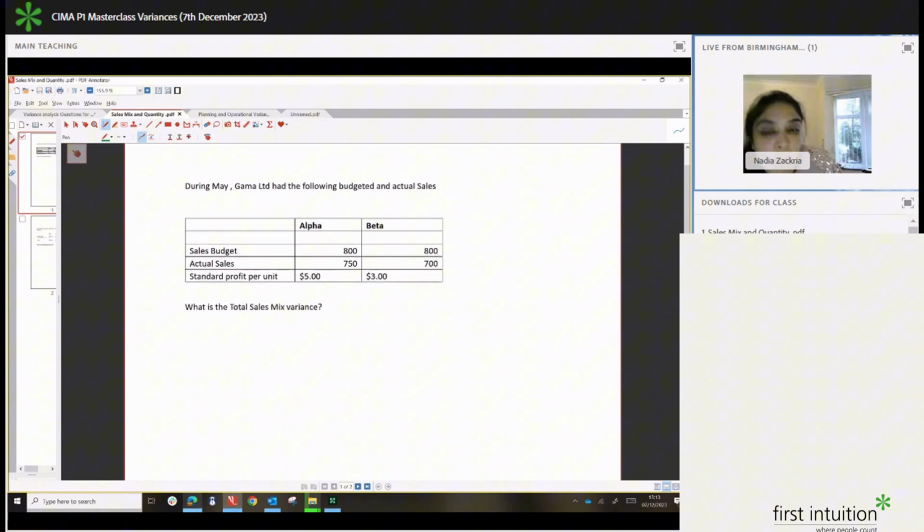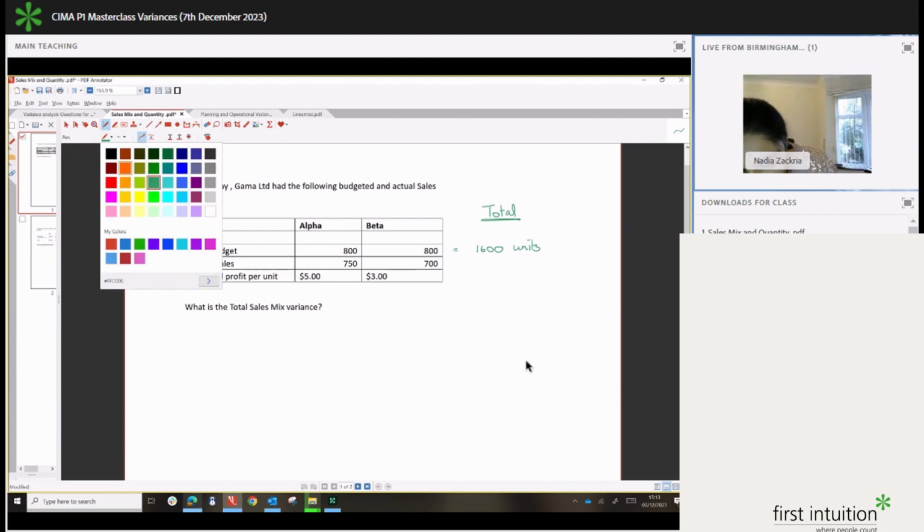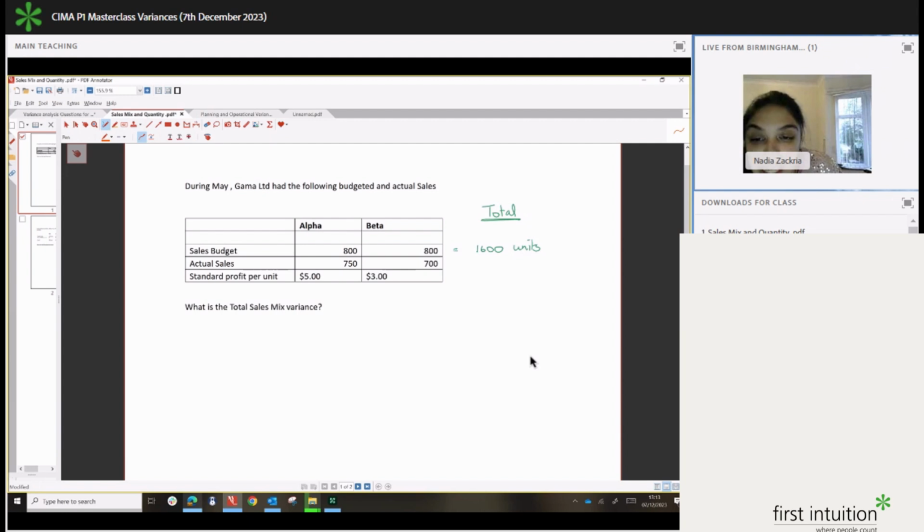The sales budget was to sell 800 units of alpha and 800 units of beta, which means our overall sales should have been 1,600 units. Right? How much did we actually sell? We sold 750 of alpha and 700 of beta, which means we've sold 1,450